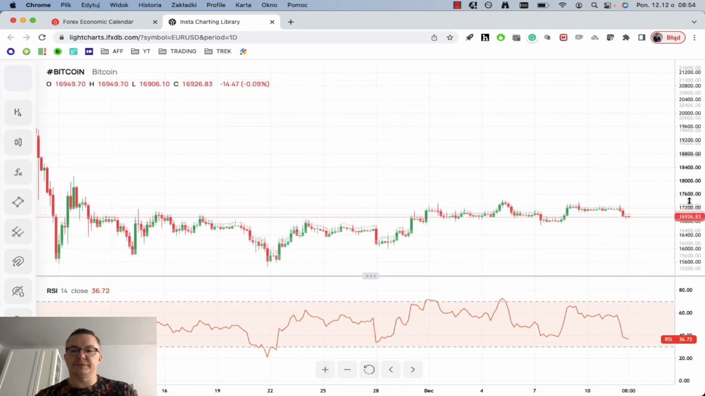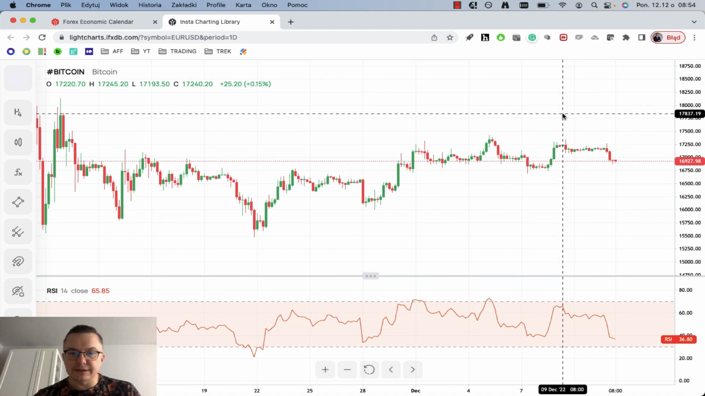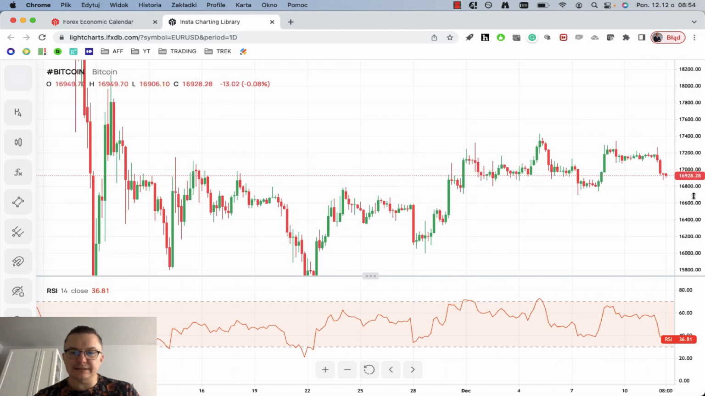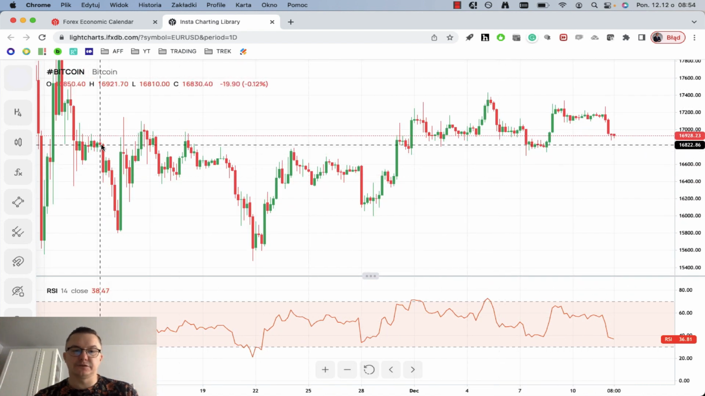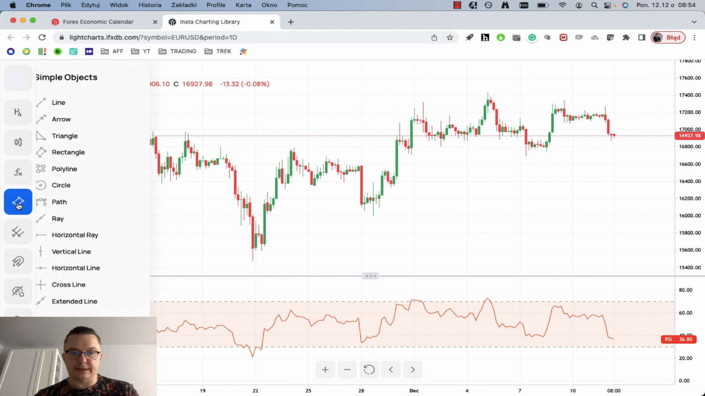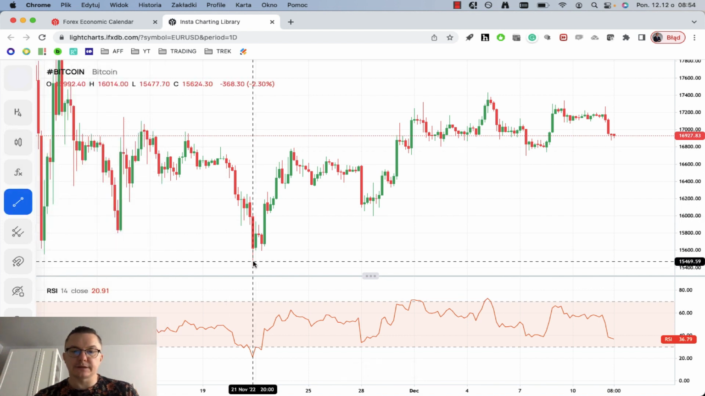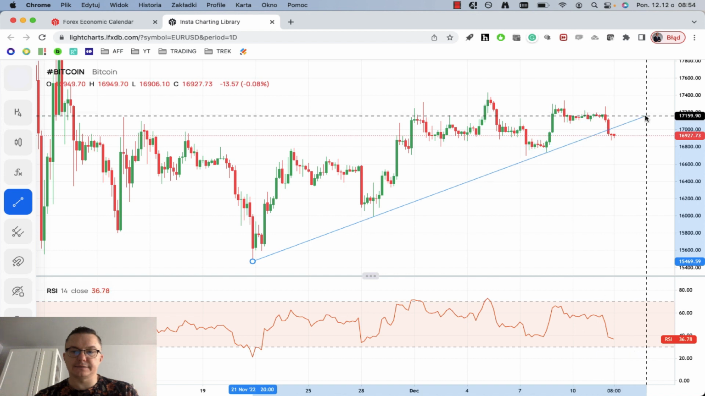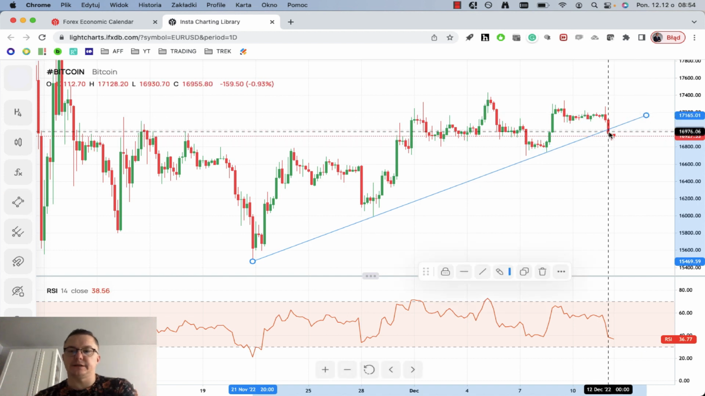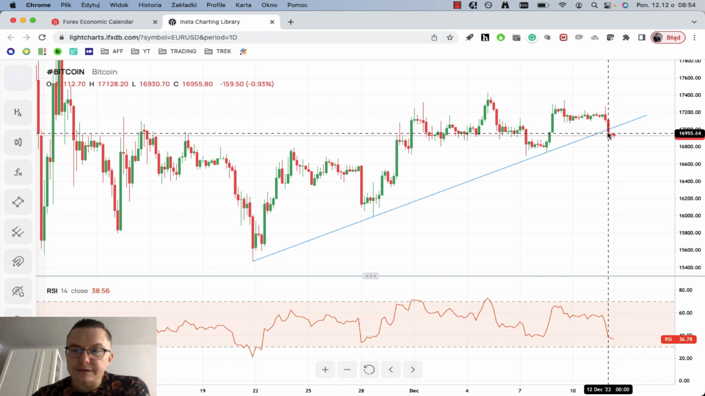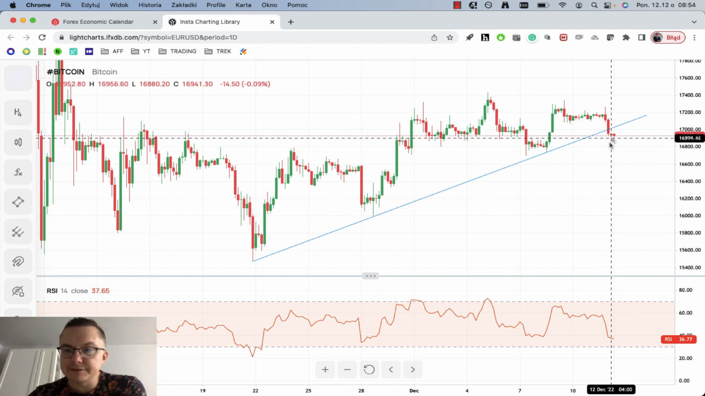So what is basically Bitcoin doing? As you can see here, volatility again is limited, so the Bitcoin doesn't do much except the line that we can put here, and you can see that just recently we broke below this line. 16,880 was the low after the breakout. So we are now trending in the short term on the 4 hour chart. We are trending lower,